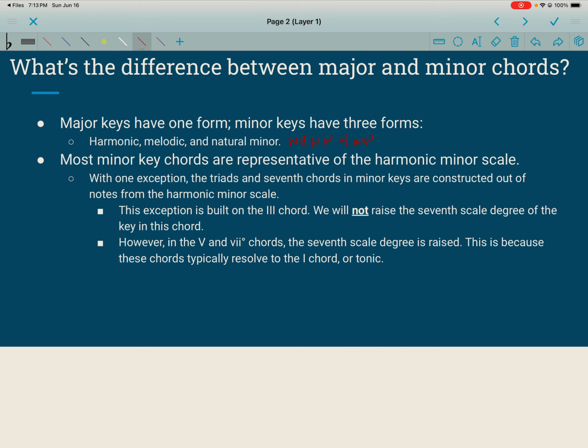Essentially, to create the parallel minor of a key, you would just add three flats to whatever key you're in. So say you have E flat major, which has three flats, B flat, E flat, and A flat, and if you were to make that E flat minor, the parallel minor, you would add 6 flats total, adding 3 to the 3 that you already had, right? Anyways, these natural minor scales,